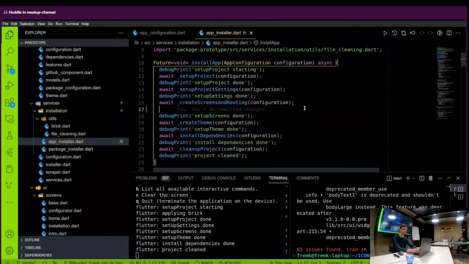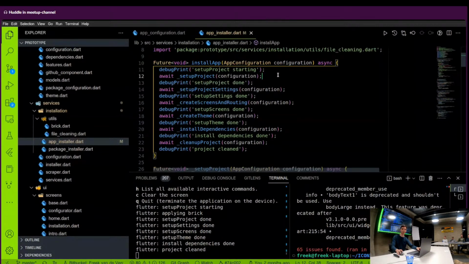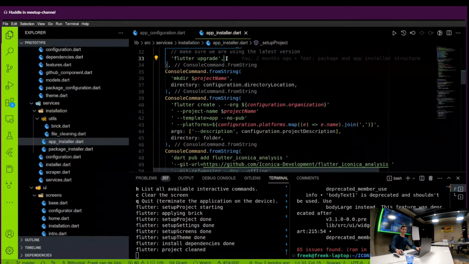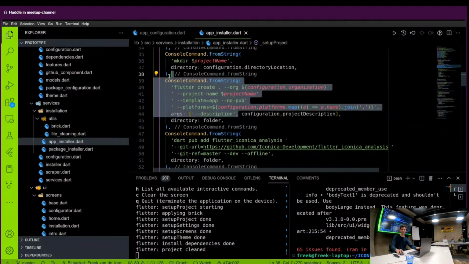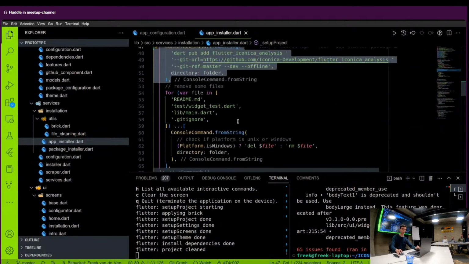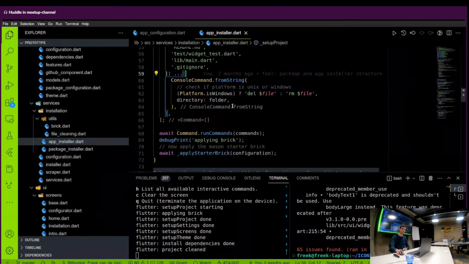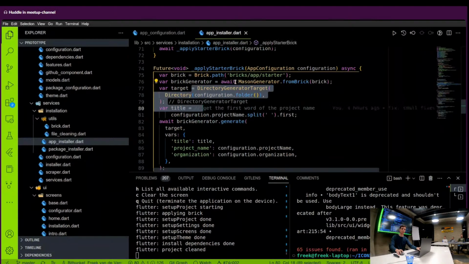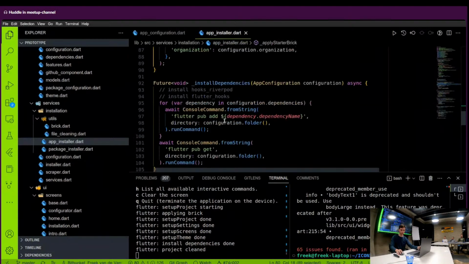And then it gets added to the process. It should be very clear how the tool works. It starts with setting up the project, making sure people have the latest Flutter version, creating the app,